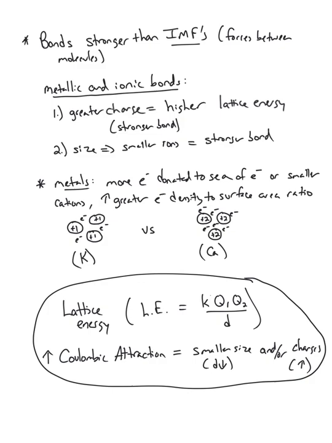There are 2 variables, just like Coulomb's law, that affect this. The higher the charge, which is Q1 and Q2, the greater the charge on the ions, the higher the lattice energy, because there's more electrical attraction. Also, size plays a factor. The size or the distance between the ions is in the denominator. So a smaller ion will be able to get closer together and therefore form a stronger bond. So in ionic compounds, if you're asked to identify which ionic compound has the strongest bond, then you're going to look at lattice energy. You're going to look at the charges on the ions and at their size to figure out the independent variable.